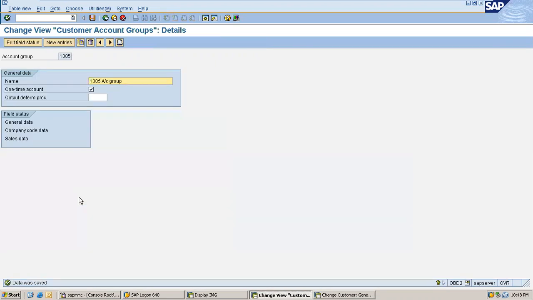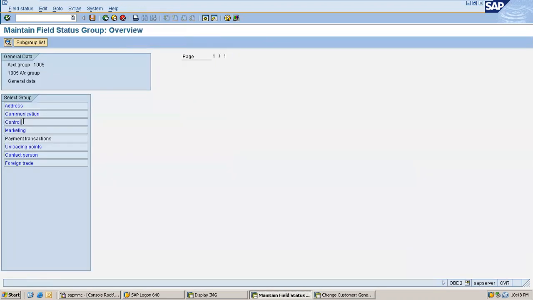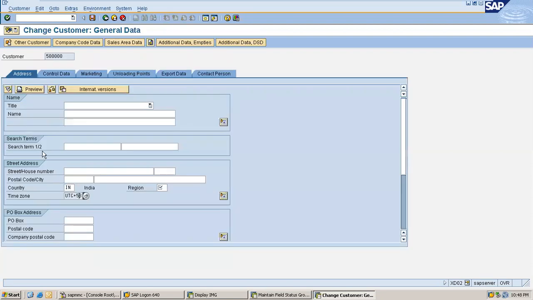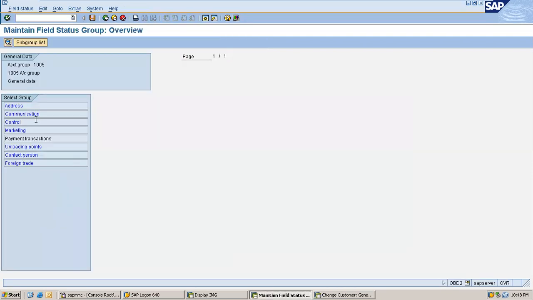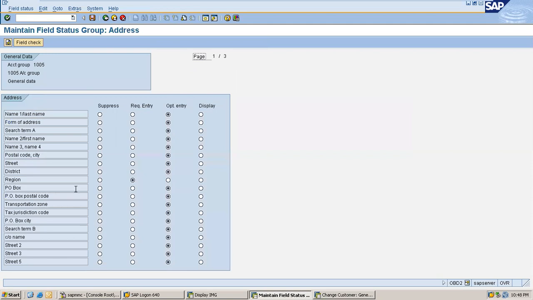So the use of account group here is, you can mark an account group as a one-time account, so that it can be used for retail customers, and you can suppress a field, or you can make a field required. What is meant by suppress?